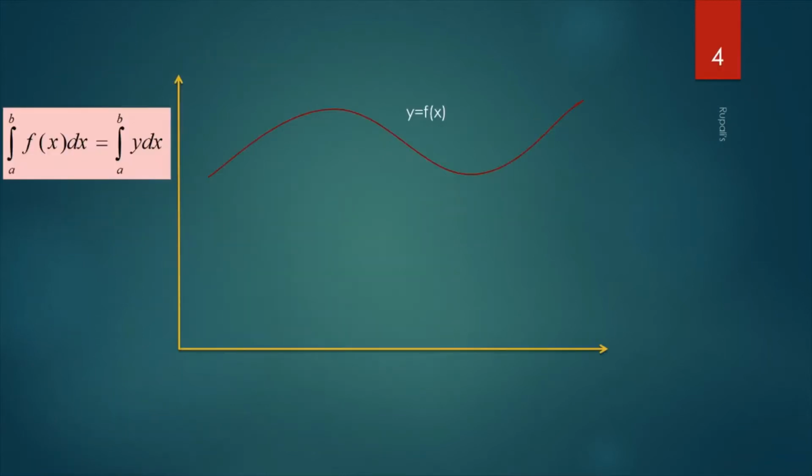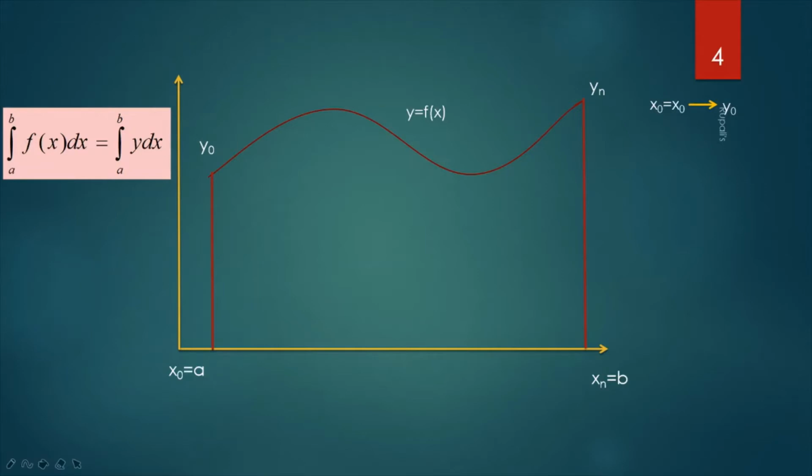Let's say we have a function f(x) that we need to integrate over the interval a to b. So, it is integration a to b of y dx where y equals f(x). So, what is the lower limit? It is x0, that is a, corresponding value of y equals y0. And what is the upper limit? It is xn, that is b, corresponding value of y equals yn. So, when the value of x equals x0, then the value of y equals y0.